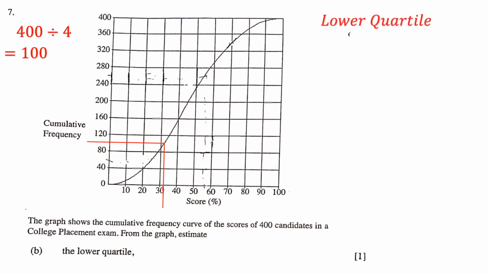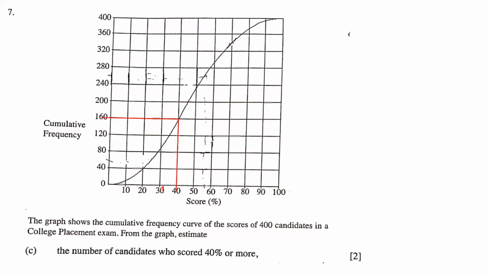And so the lower quartile is going to be 32%. Now let's move on to question 7C. Here it says that we want to figure out the number of candidates who scored 40% or more. Okay, so if we look at 40%, right? So this is 40%. And if we go up and we find the corresponding number of people, we find that